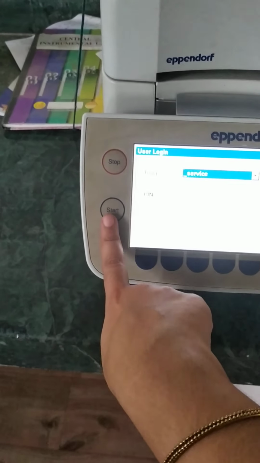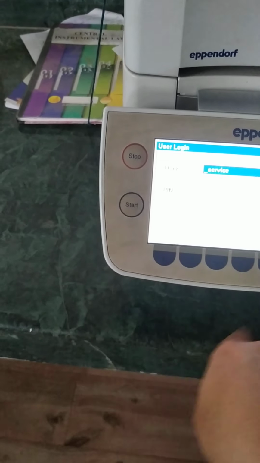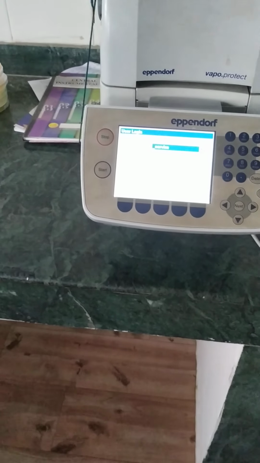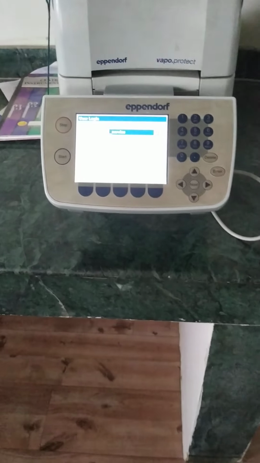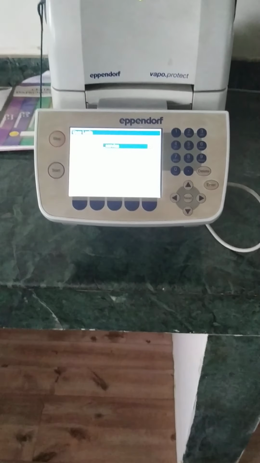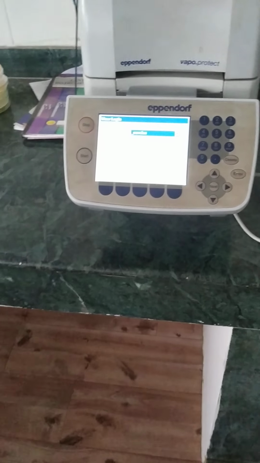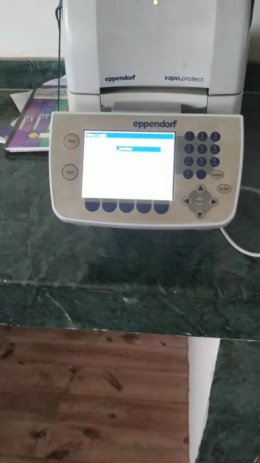After starting the program, it will take 45 minutes to 1 or 2 hours, and 30 to 35 cycles are enough to multiply the DNA template in enough amount. Now you will be curious what the cycles are.